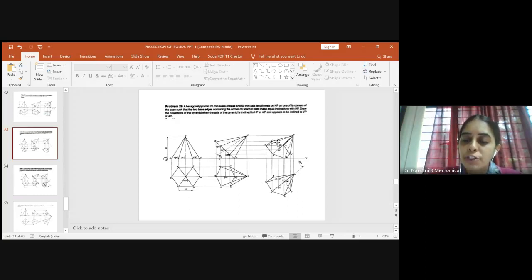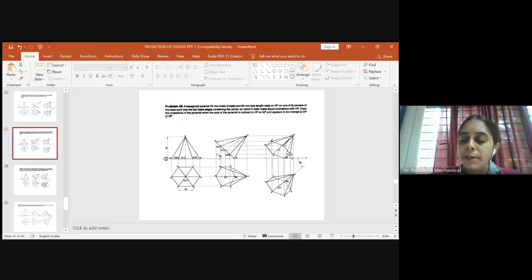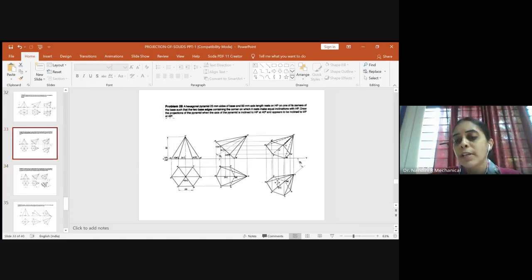Then you will take the projections, okay, from the top view as well as the front view. Show the outer boundaries as visible lines, and a projection coming through the corner of the surface will be visible, so please show it as a darker line. Same thing, it looks the same. You can see the same concept which is being shown here. The image of the final view also looks the same. Only thing, no beta angle. Okay, so this is how you have to solve the problems on hexagonal pyramid.